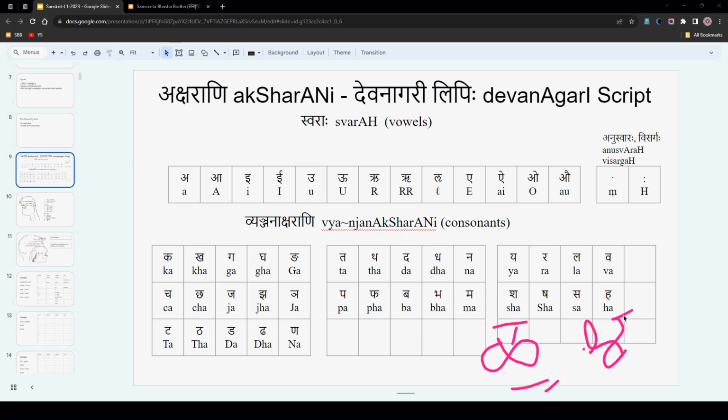and this chart is based on Panini Ashtadhyayi. Panini Ashtadhyayi shows only these. Shows means it has selected only these letters or sounds to form the words, all the words in Sanskritam, or you can say most of the words. Right? So the la is left out. It is a Vyanjanam, but